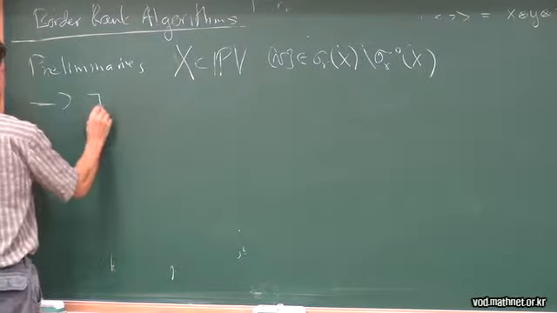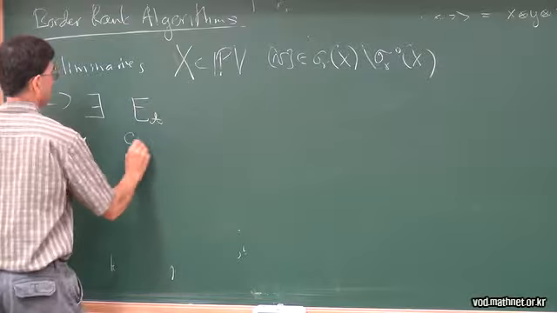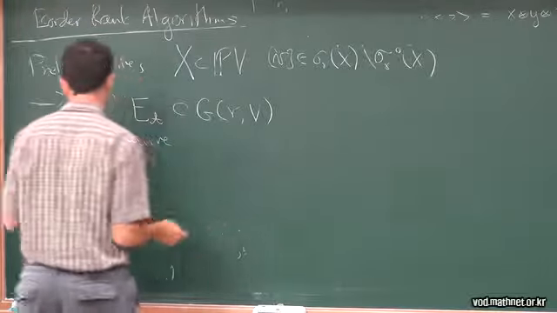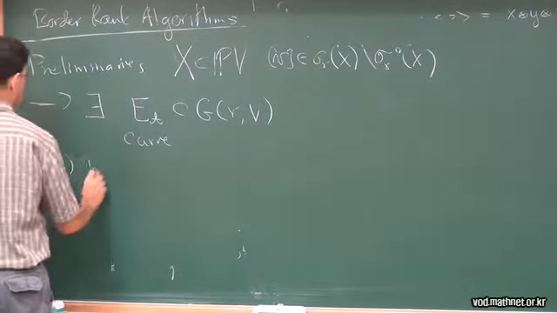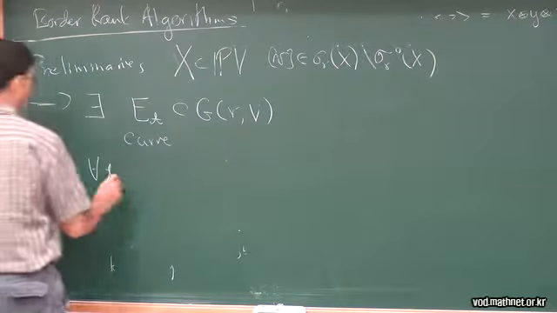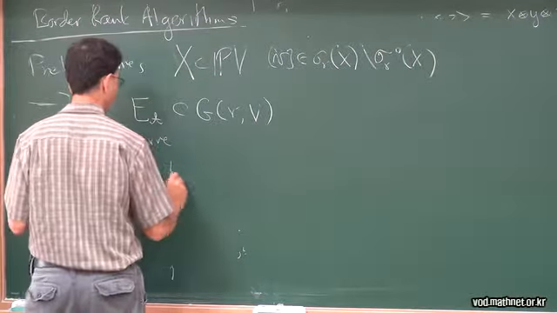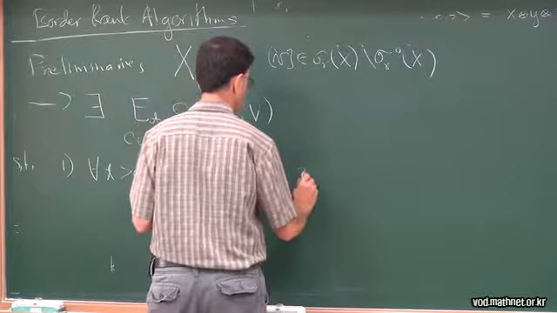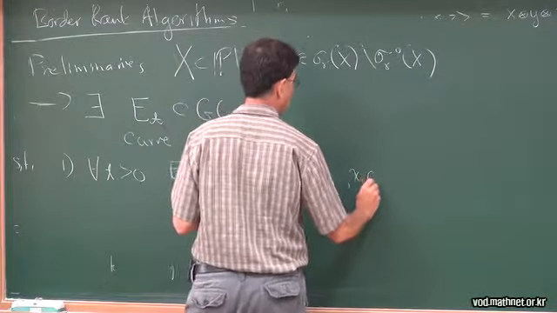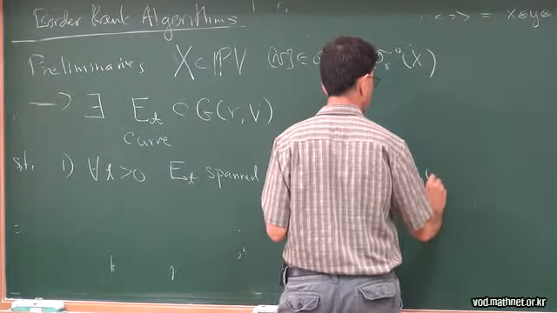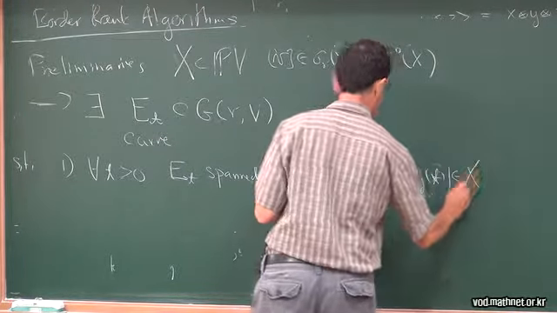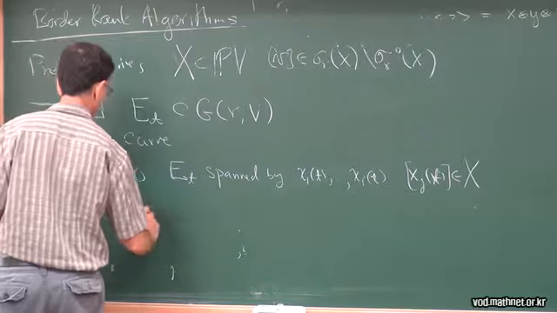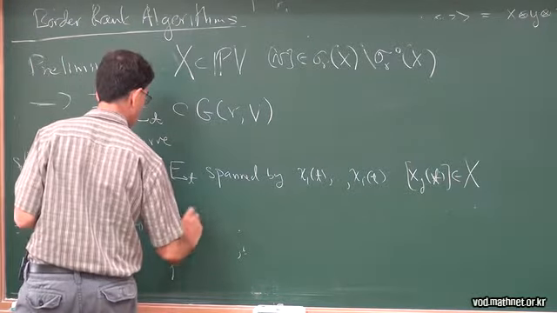Then there exists a continuous curve in the Grassmannian of R planes in V, such that for all t greater than 0, E of t is spanned by, say, x1 of t up to xr of t, and the xj of t are in X, and 2, that our point is in E0, this limit as t goes to 0 of Et,